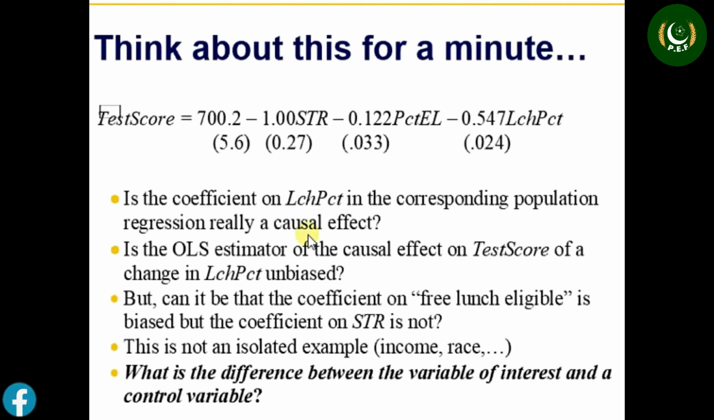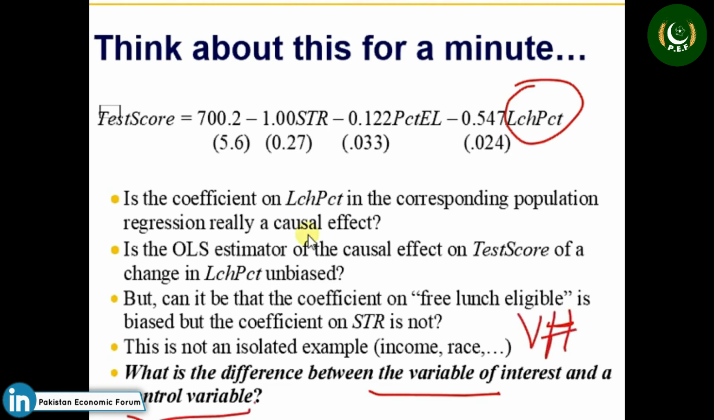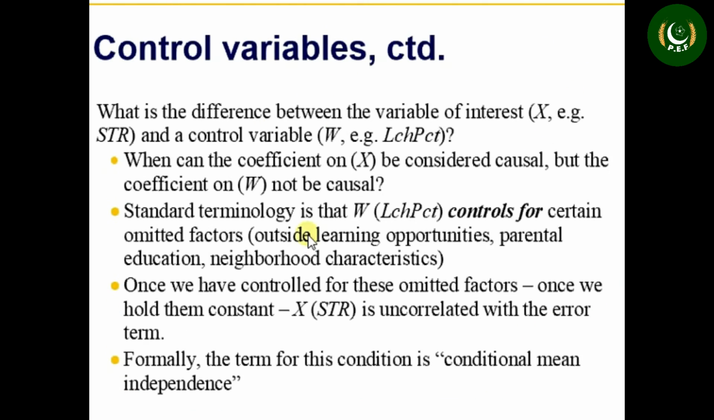There is a concept of mean independence I have discussed in my video number 15 or 16. So in general, the corresponding coefficient for the variable of interest is a causal effect, but this is not a causal effect. So be careful. What is the difference between the variable of interest and a control variable? My video number 16 mentions what a control variable is. These are control variables and this is my variable of interest. What is the difference between the variable of interest X and control variables? What we have already discussed can be considered causal